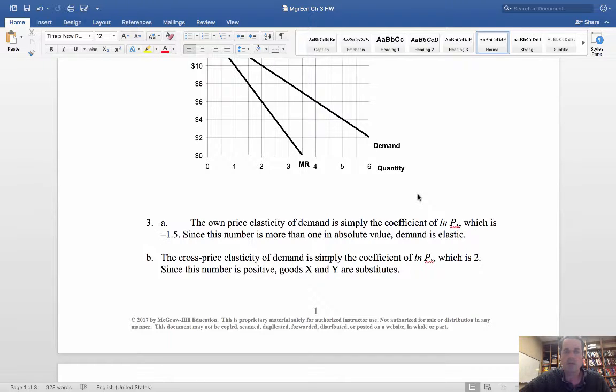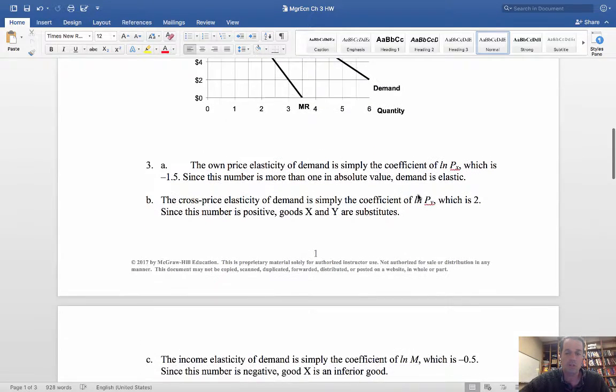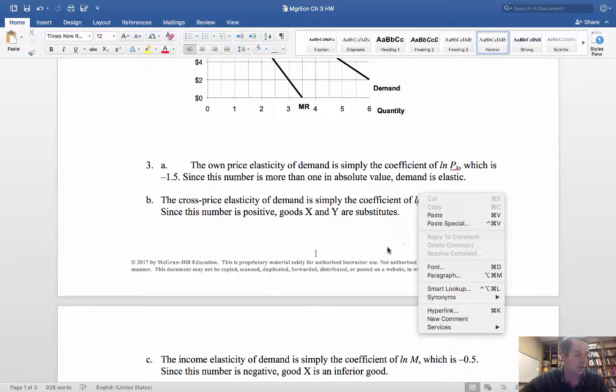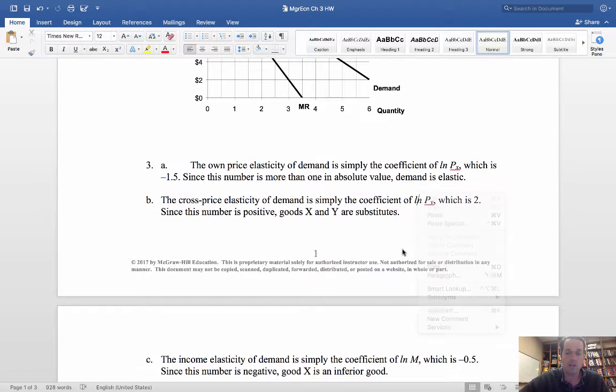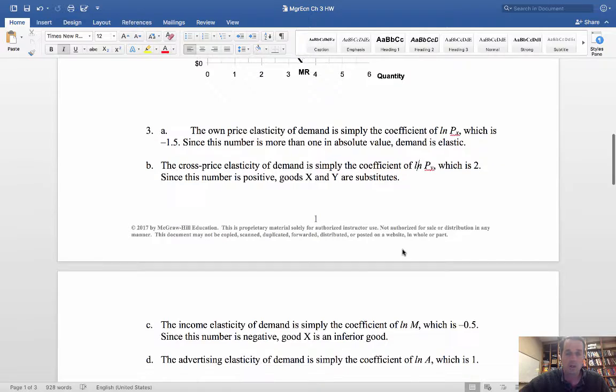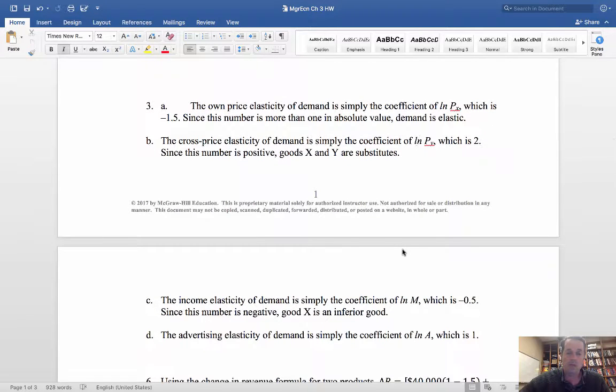So the nice thing about this formula is that it's actually going to be a curved demand curve that has the same elasticity throughout. So unlike a straight demand curve where different points on it will have different elasticities, we can just look at the equation and pull those numbers. So that's what the answers are saying here. You just look at its own price. The coefficient on that was minus 1.5. It's